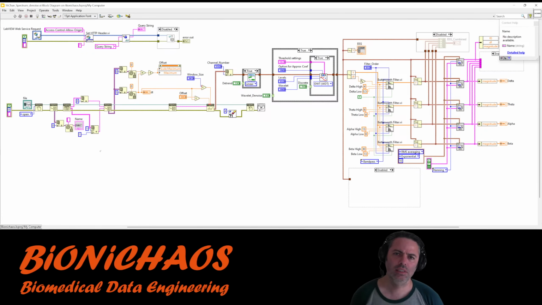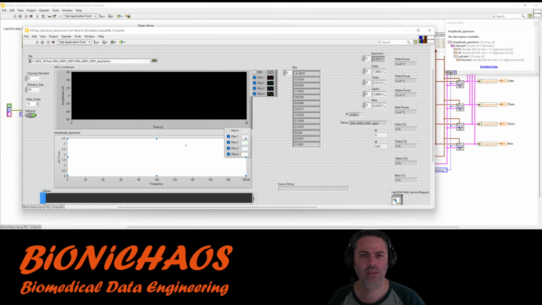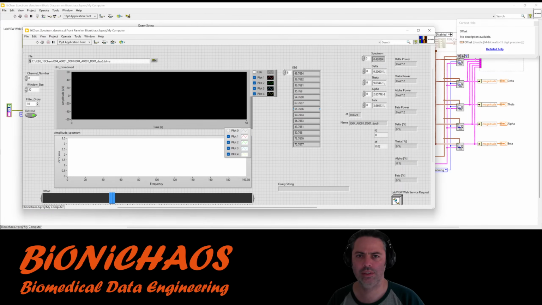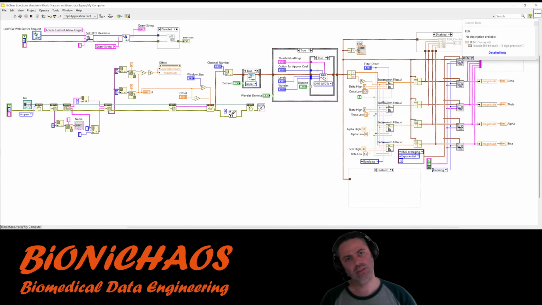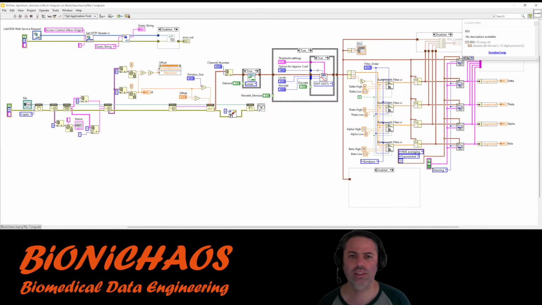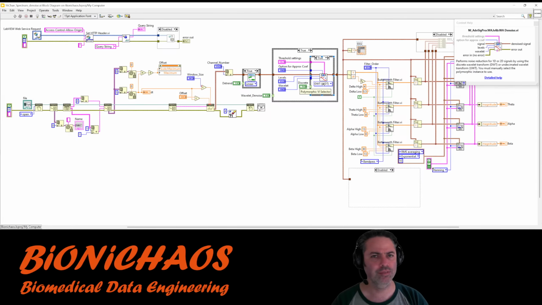Right. Yeah. One that has the discrete wavelet function turned on.